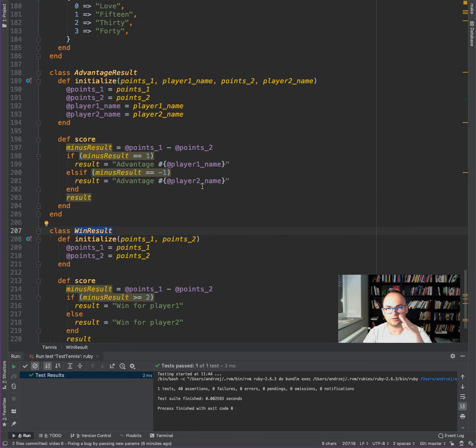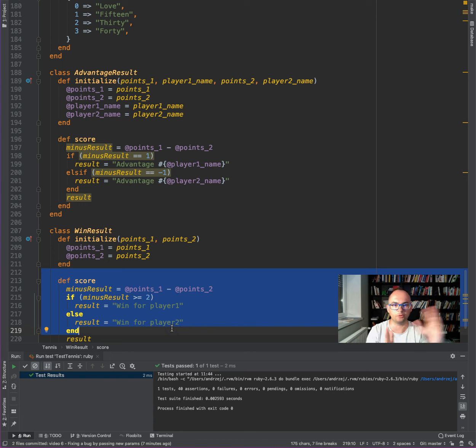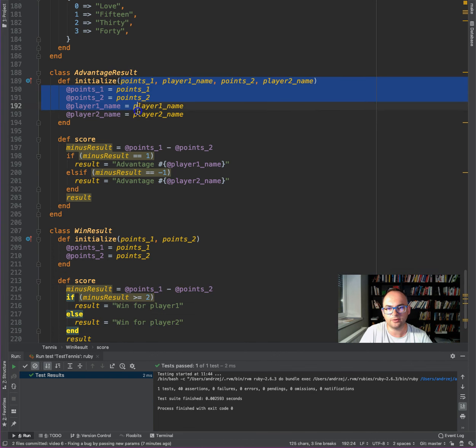But very often the pattern that you want to repeat would be actually easier if you do it the ugly way for the first occurrence of the problem, so for advantage result. But now we can see that we have a new smell. We're on green. We haven't fixed the new bug, but this is out of scope for a moment. Instead we can fix this code smell, and once we fix it, it will be easier to fix the win result. So that's another attempt at preparatory refactoring. So while I'm on green, I will fix this code smell, and this will hopefully let us make this fix